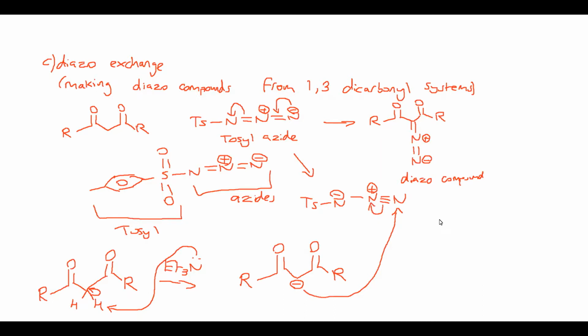So now I'm trying to get a fresh screen just so we can draw the rest out. So now we've got rid of the negative charge on the carbon here. We have our 3 nitrogens now joined on to this dicarbonyl system. And we still have the negative charge on this nitrogen here. So what can happen is that